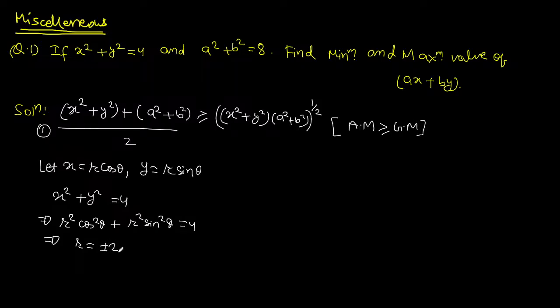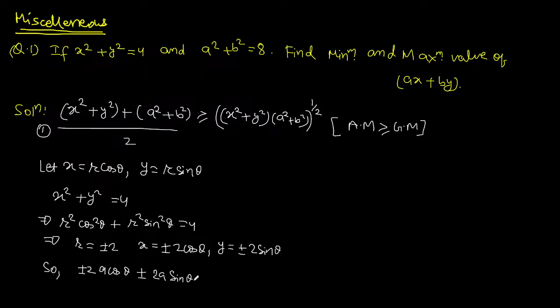If we take r as positive, it is also okay. Now ax: x is plus minus 2 cos theta, y is plus minus 2 sin theta. So ax is plus minus 2a cos theta,